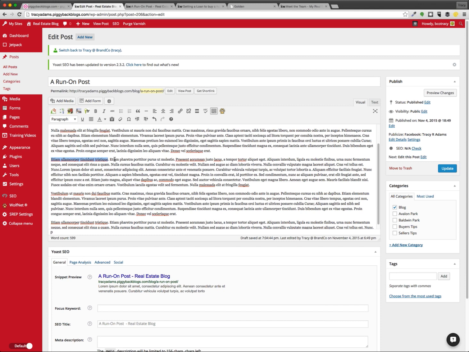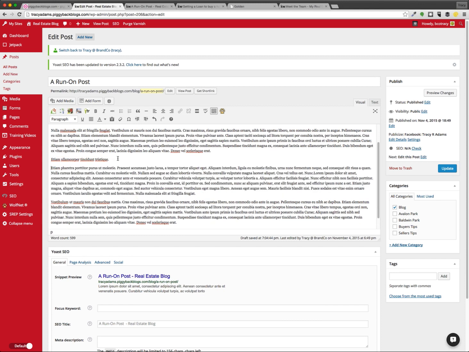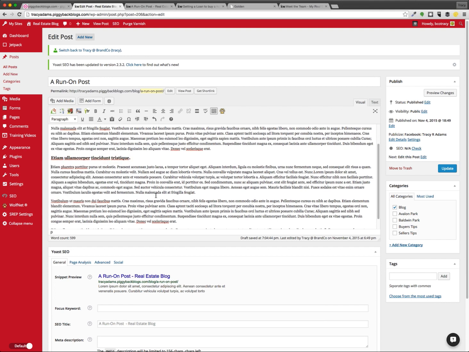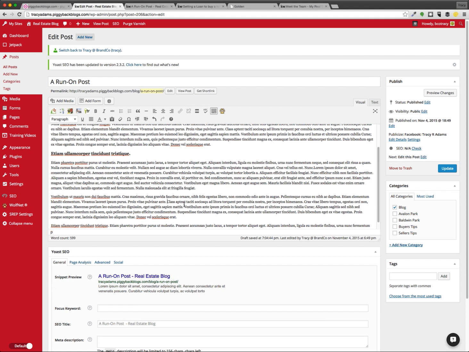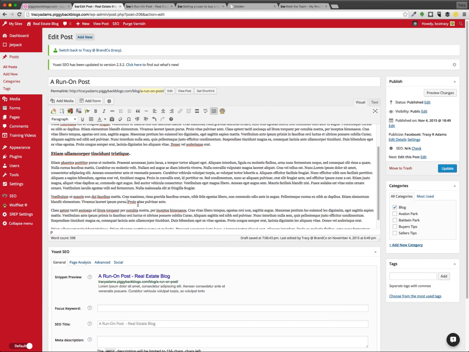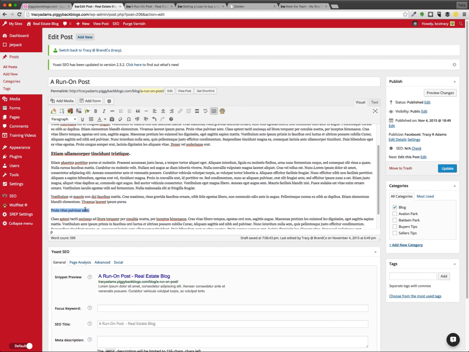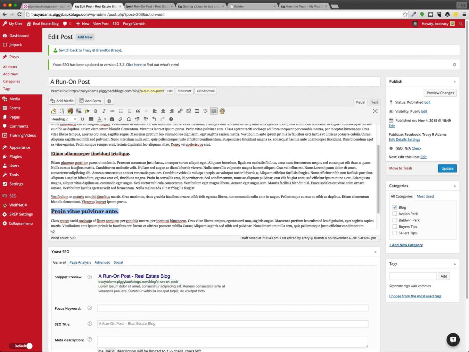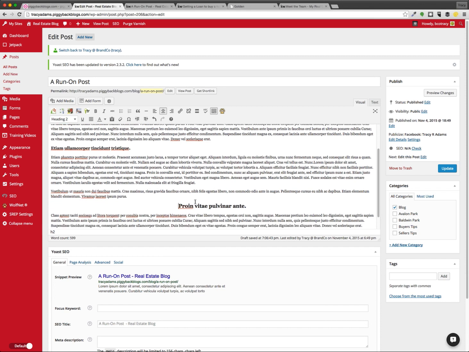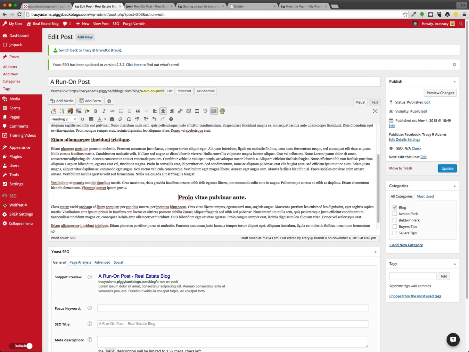So if I wanted to say that this section here was a great lead-in, we just separate things a little bit. So let's go make that a header 3. And then I thought this sentence here made sense to have all on its own line. We can make it header 2. So you highlight it and you select what kind of heading you want it to be. Let's say I want this one to be in the middle, center aligned, so it does something a little bit different. So if we preview these changes,